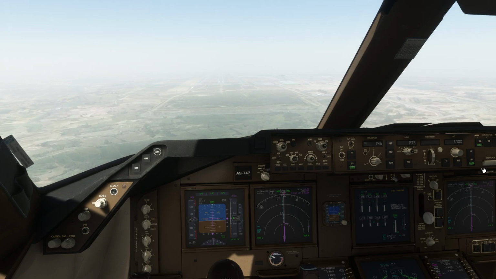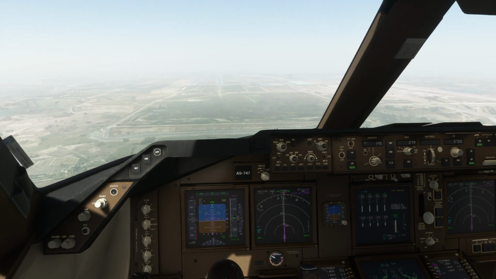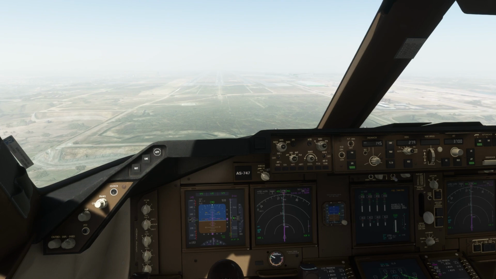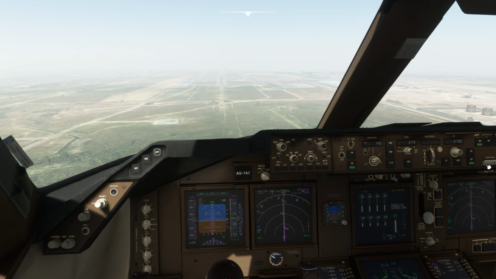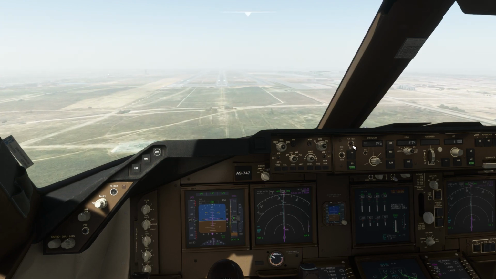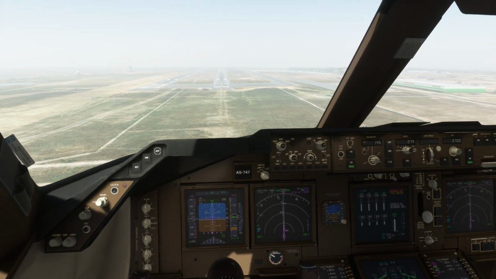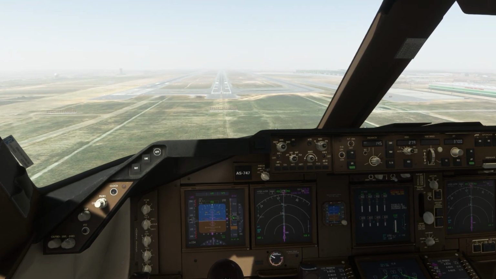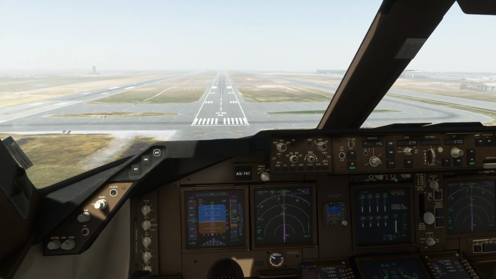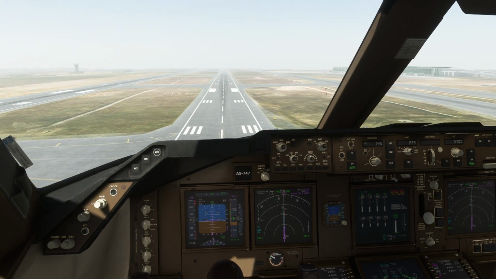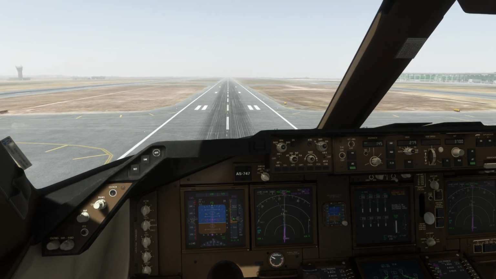So everything is good so far. 500 feet above the ground. I think I'm properly aligned with the runway. So with this, I can disengage the autopilot and I can turn off the auto throttle so that I can handle the thrust. Let's reduce it a bit. 100 feet above the runway, and let's reduce the thrust,